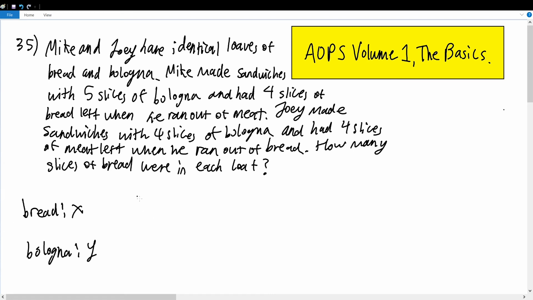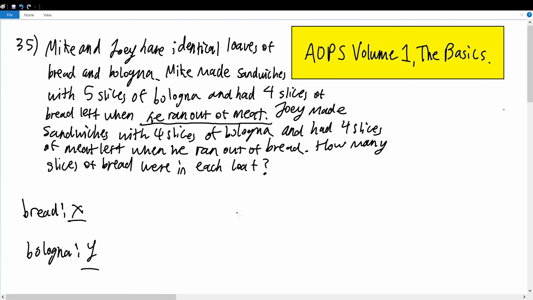Now let's read each sentence. Since it is stated that Mike and Joey have identical loaves of bread and bologna, we can safely assume that both of them are using the same quantity of bread and bologna for each sandwich. Mike made sandwiches with 5 slices of bologna and had 4 slices of bread left when he ran out of meat. So it tells you that he used up all his meat when he used 5 slices of bologna for